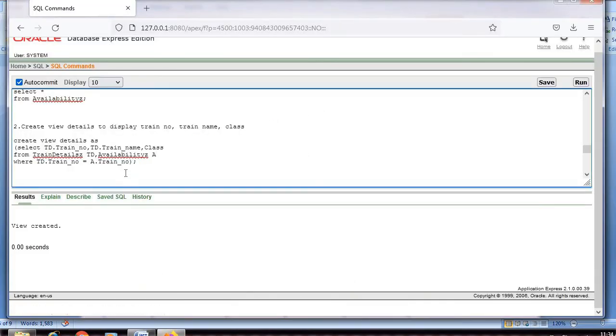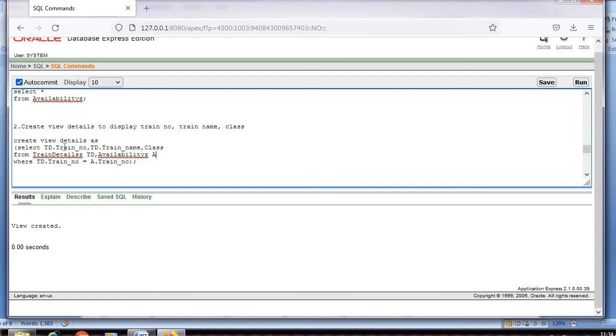So what I do here is I have taken a condition: TD, train details train number, should be equal to the availability train number. In both train details and availability, train number matches. There, train number, train name and class will be displayed with the help of view.